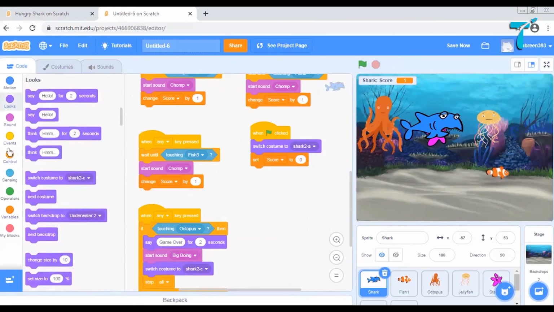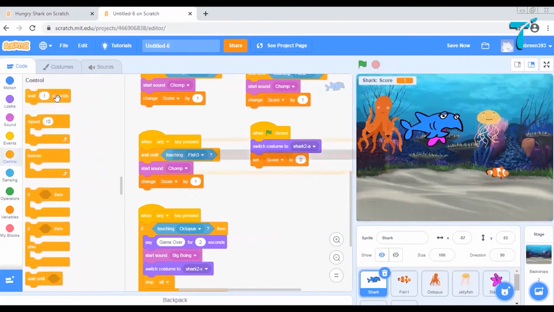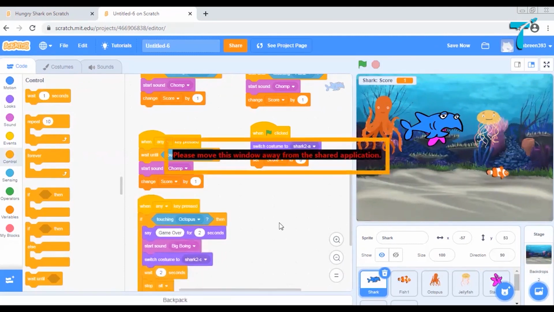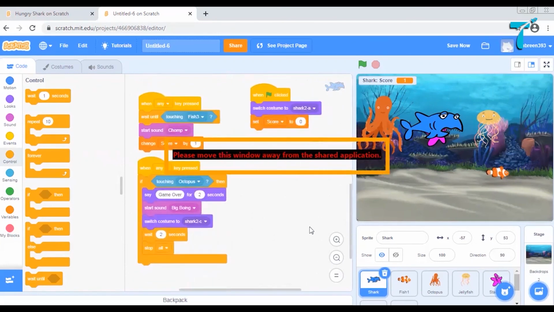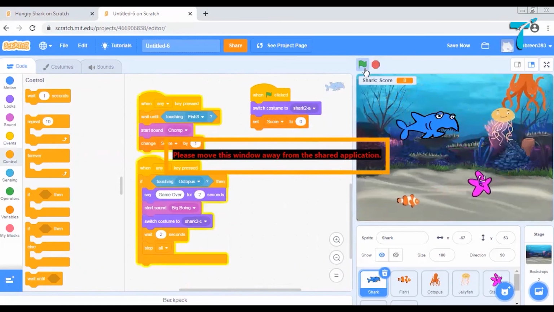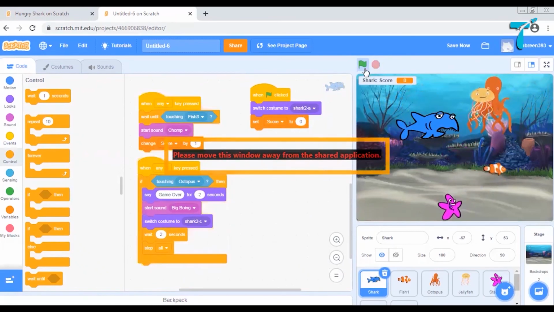I will say it to wait for, say, 2 seconds. Yes. So that is the command that I have given here. Okay. Let us see if all really stops. It has touched the octopus, appearance changed, and everyone stopped.